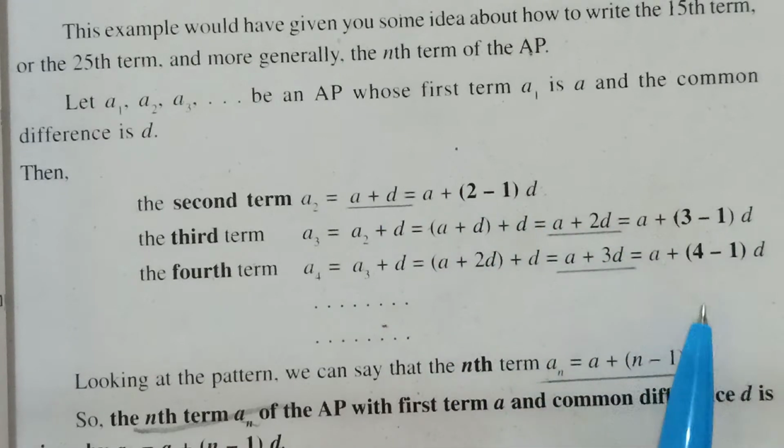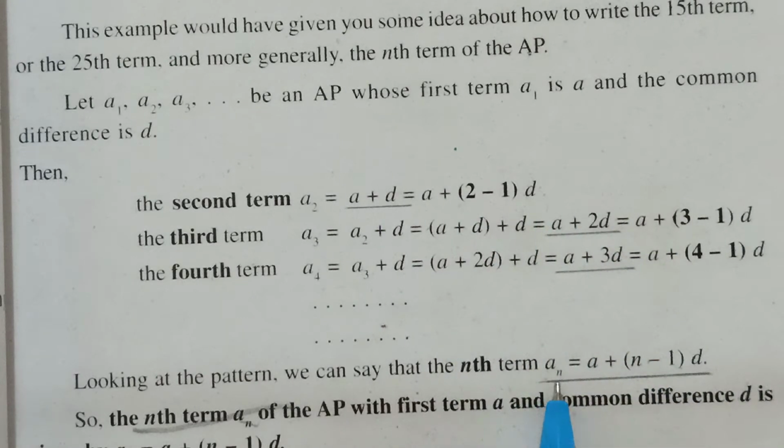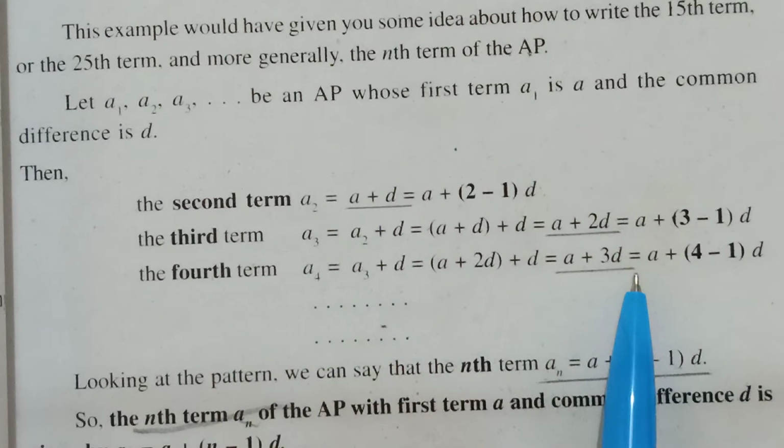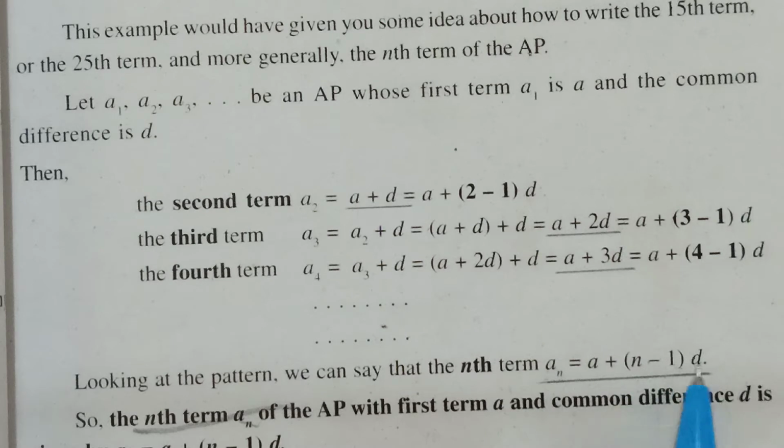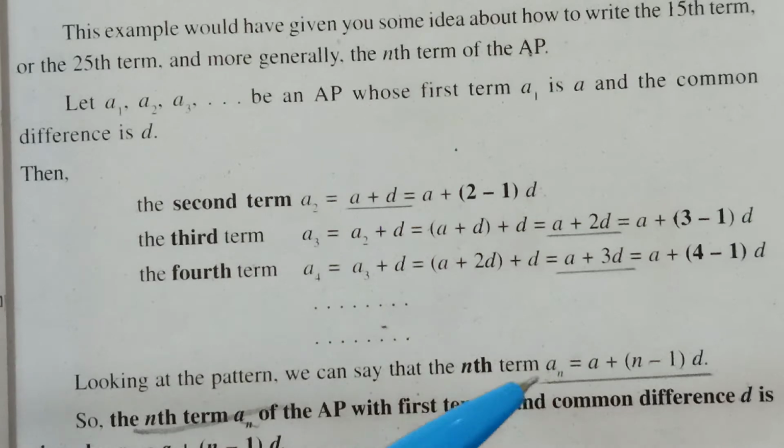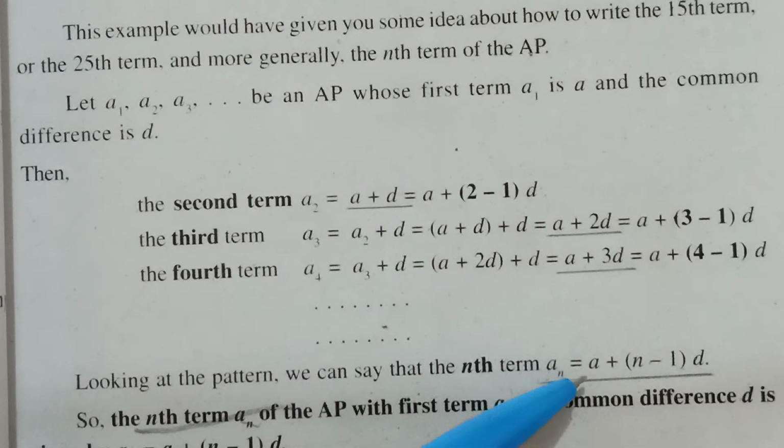So from here what do we conclude? If we are talking about any term, this was the first, second, third, fourth term written. Now if I replace that by a variable n, so if it was 4, it was 3, which is 4 minus 1. Likewise, for the nth term, it will be n minus 1 times d. This we say is the general formula for the nth term, or any term, or general term of an AP. By now you are clear that A represents the first term of the AP and D is its common difference.